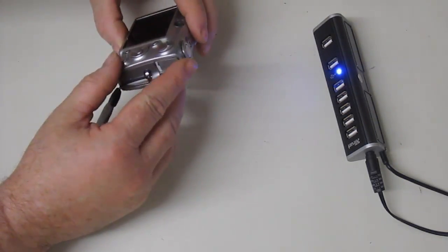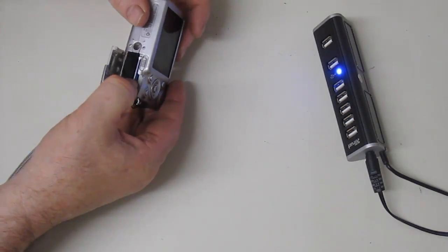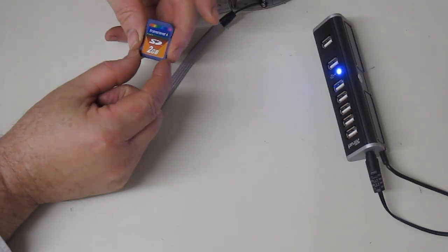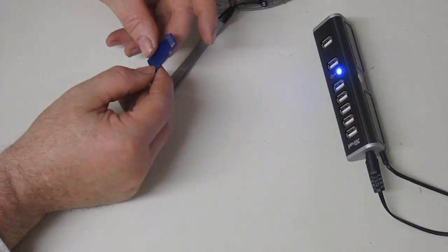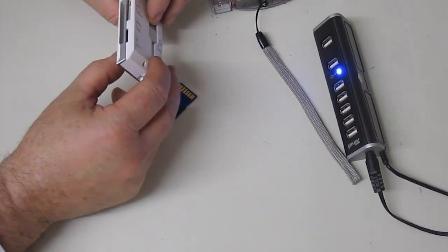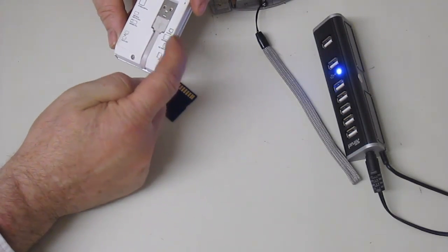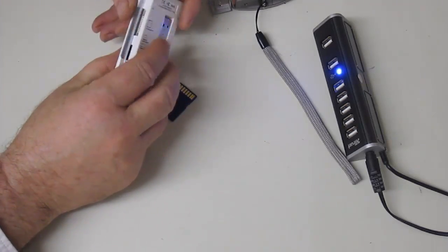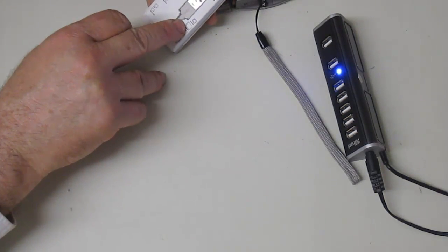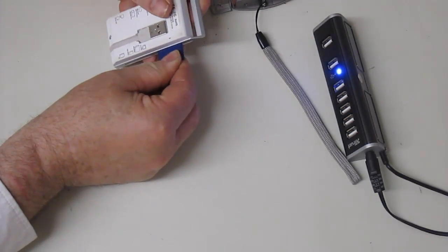The other way is, I use this way more than ever, is this is a little memory card called SD, and that's a 2 GB card. Now some computers will have a card reader, some don't. Well, I use these sort. So on the back it shows you there's different sorts of cards you put in the different slots. So looking at the picture, you've got a corner cut off on that edge, just like that. So you just plug that in there like that,